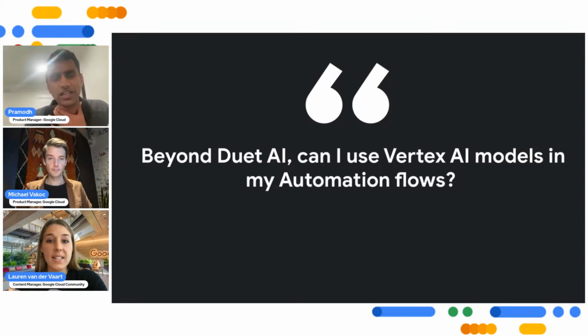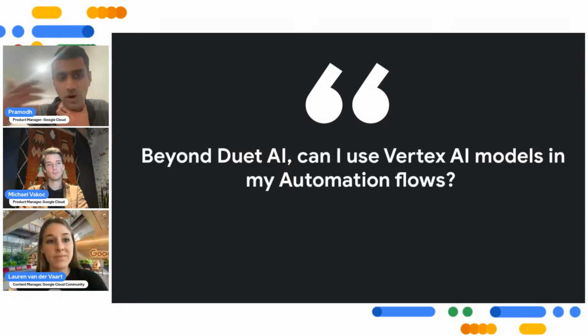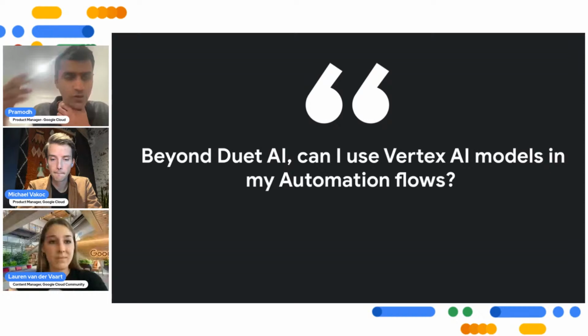Absolutely. I actually did not get to show you that capability. You saw the demo of how Duet AI is going to help you increase your productivity, generating the flows, all of that. The key aspect is many of the flows require access to Gen AI, right? You have your Vertex models, it could be Bison text, and we have 100+ models in the Model Garden. Or you could have built your own enterprise-specific model. For example, I have a model around pricing, and that automation flow needs to use that model to go and get the pricing, or to respond to customers in the language of your enterprise. You have developed a custom model.